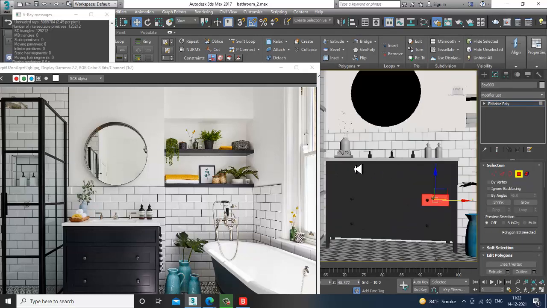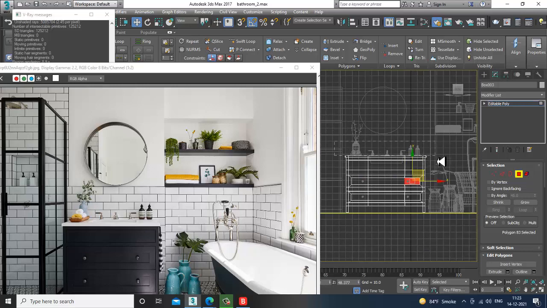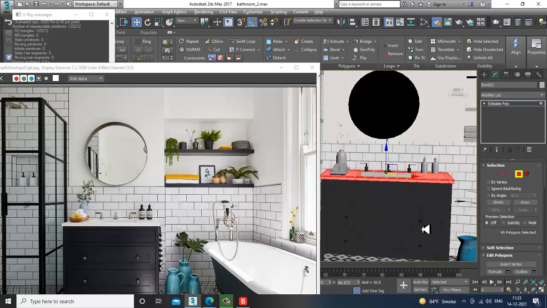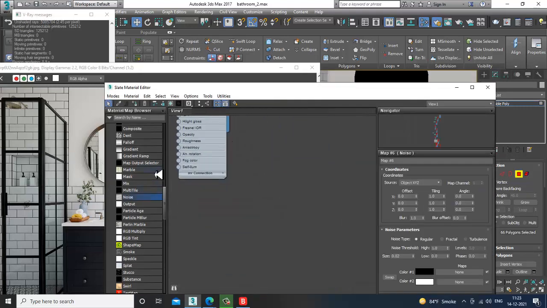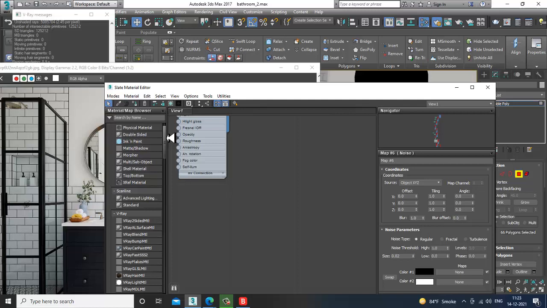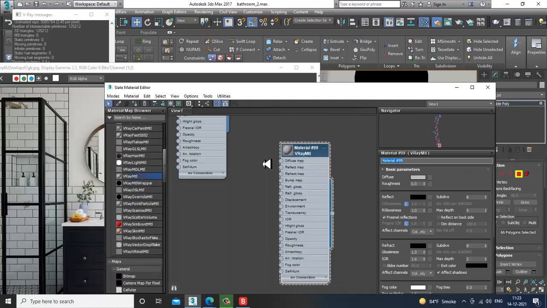After that, once you have done with this, let's select this again, the top section. For this, I'll again go into the material. I'll take a V-Ray material over here and I'll be assigning a marble material.